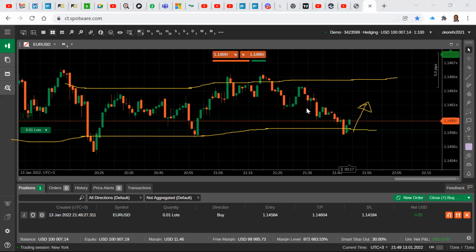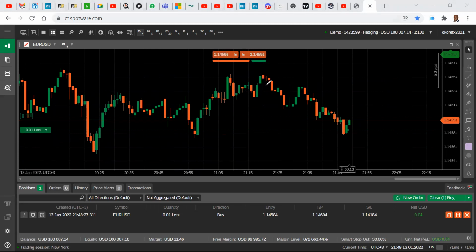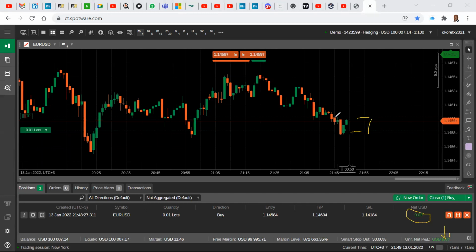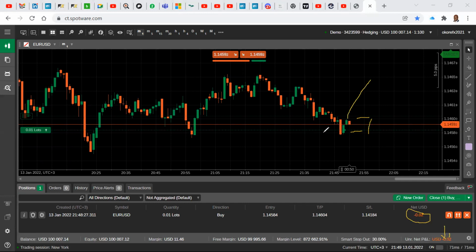Okay, it's almost taking profit. Guys, look. It's taking profit right here. See, it's turned green. And this is how much we'll be making. As you can see, we took the trade here and we want to get out here. We only want those 2 pips. We don't want the whole hog. We don't want to wait for the market. See, it didn't even go. We don't want to wait for the market to go all the way up there. Chances of it getting up there are